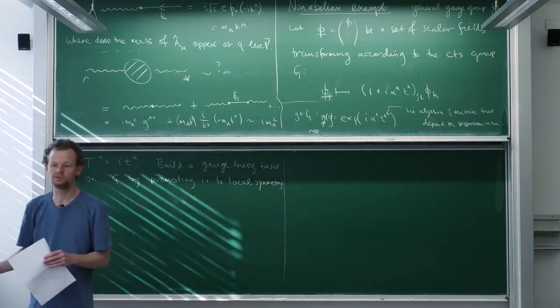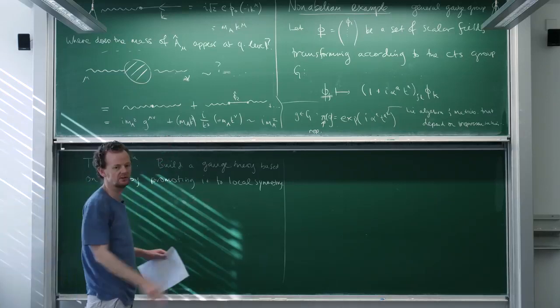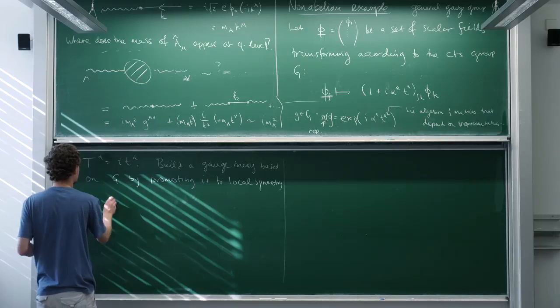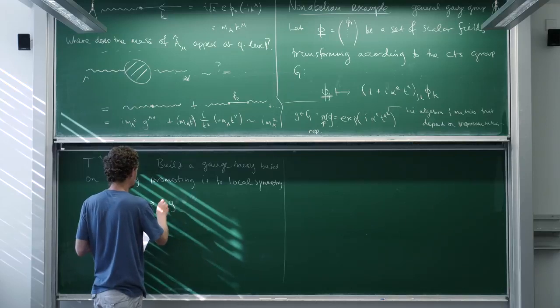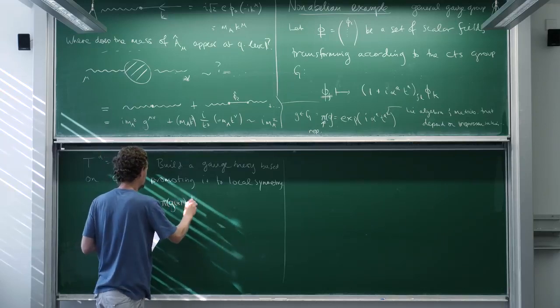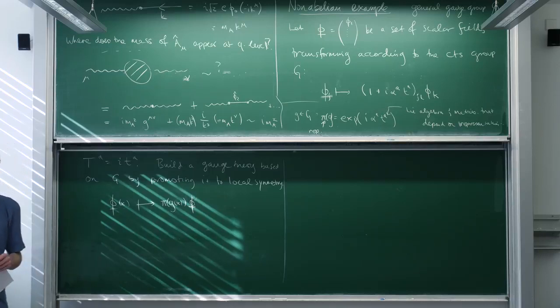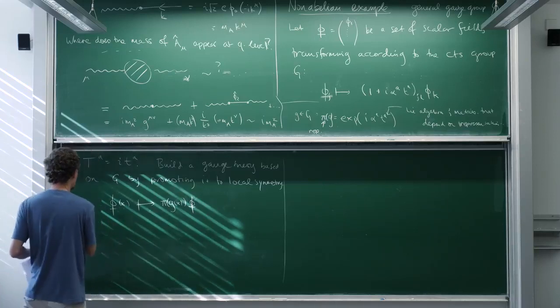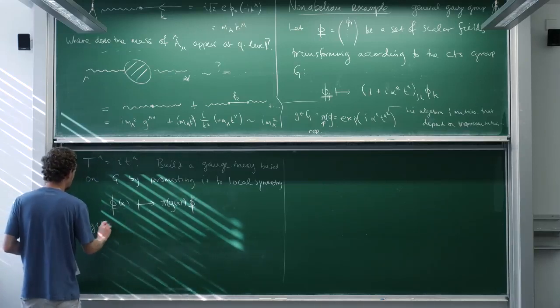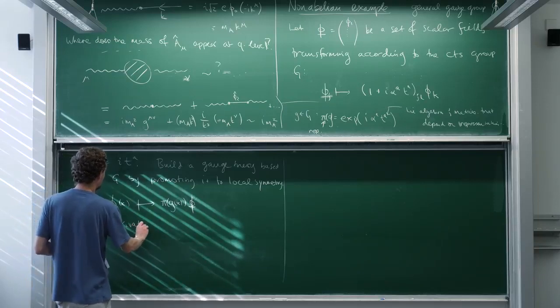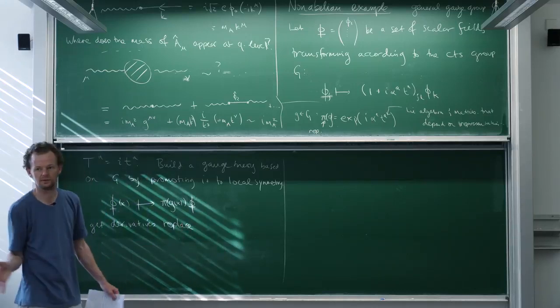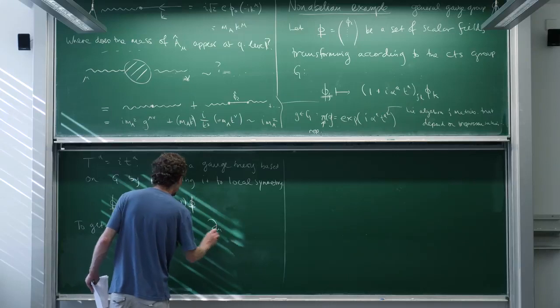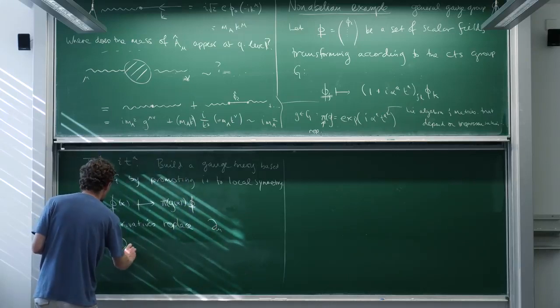So we're going to promote it to a local symmetry, meaning that we're going to do an independent such transformation everywhere in space-time. Everywhere in space-time, we're allowed to do a separate, independent, different one of these transformations. And in order to get derivatives, in the sense of a gauge invariant Lagrangian involving derivatives, we replace ∂_μ by the covariant derivative.